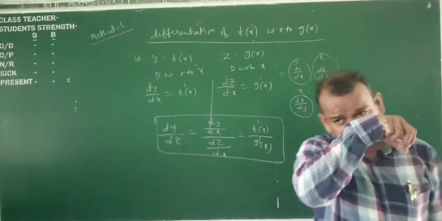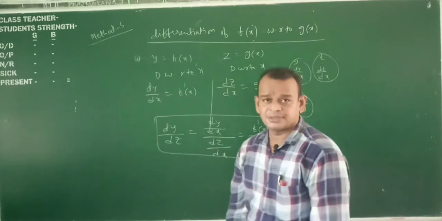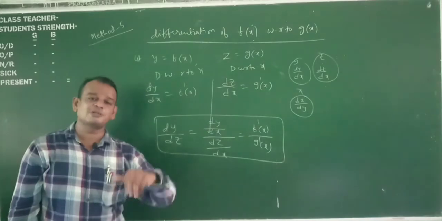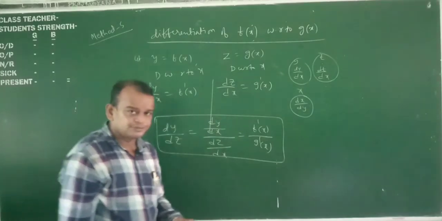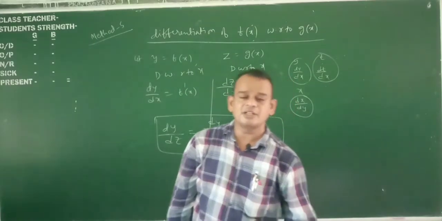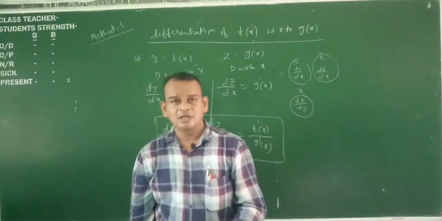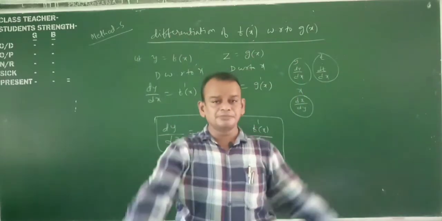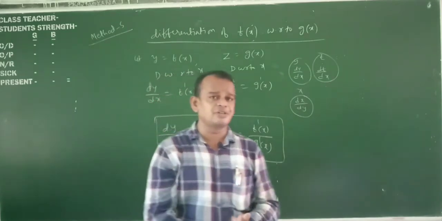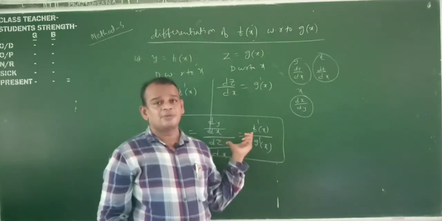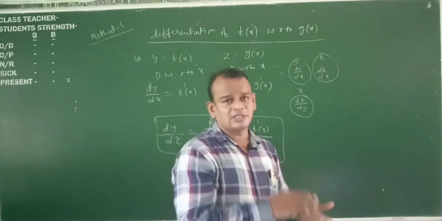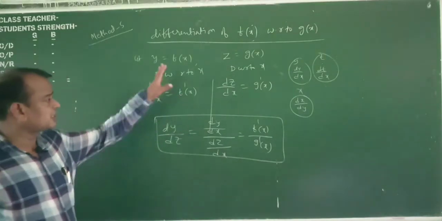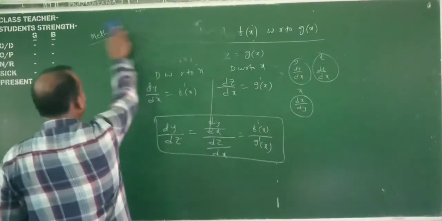First of all, from the examination point of view, find the derivative of log x with respect to x. Find the derivative of sin x with respect to cos x. Find the derivative of e power x with respect to x square. Find the derivative of sin x with respect to tan x. Find the derivative of tan inverse of 2x by 1 plus x square with respect to cos inverse of 1 minus x square by 1 plus x square. First we will differentiate both the functions. After that, you write this formula. We will do the derivatives by using the earlier four methods. Okay, my dear students, now we will go to a problem. This is the working rule, and you know very well how to do it.